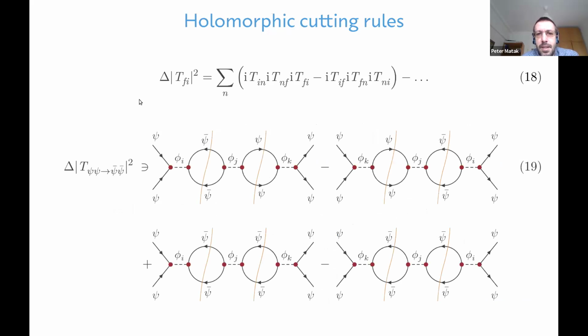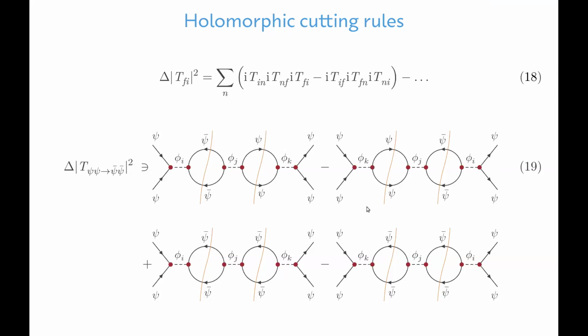So this is the simple Z4 symmetric model, and I'm computing the asymmetry for psi to psi bar. So this T_FI is the first diagram here. Then there is the cut of the loop, which is represented by the integration over the final state momentum. Of course, there is also the summation over the spins. And then T_FN is represented by this psi bar to psi contribution, and then kind of elastic scattering here. Okay. When you observe the so-called mirror term here, then you can see that you can take this